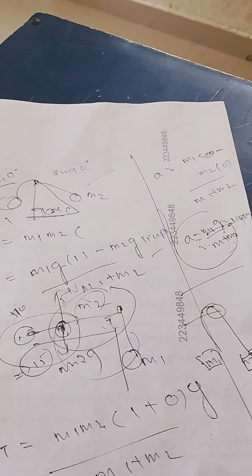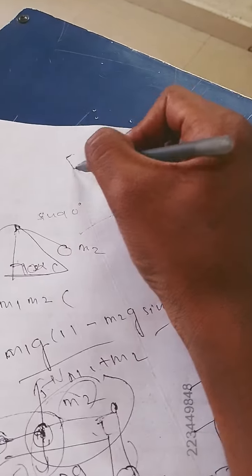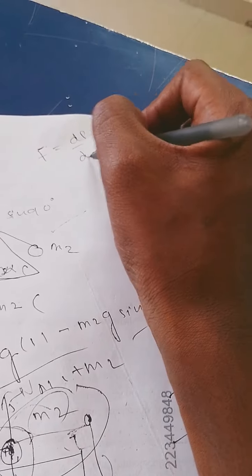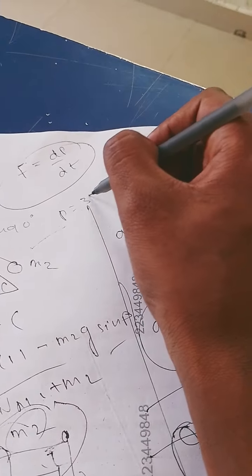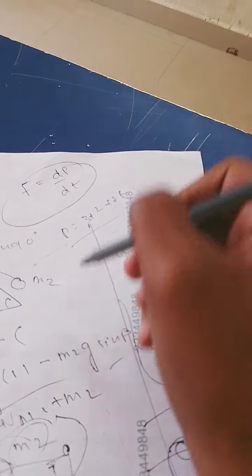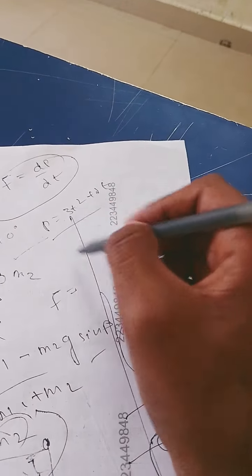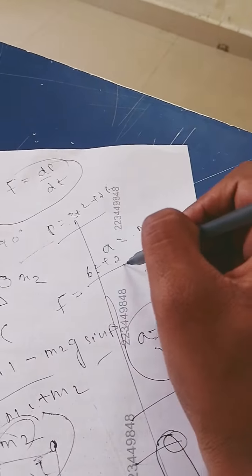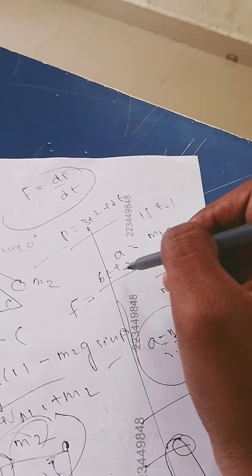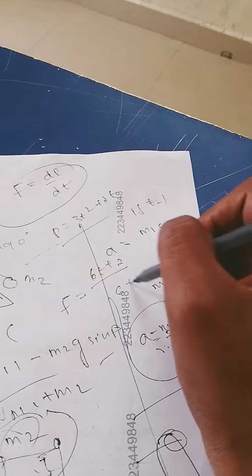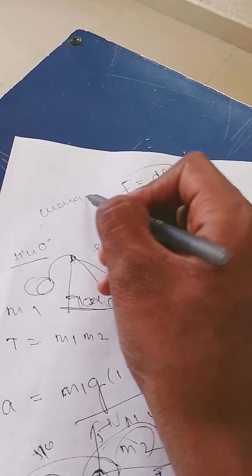It is all about the force concept. We know that force is equal to dp by dt, which means force is the differentiation of momentum. Sometimes they will give momentum is equal to 3t square plus 2t and ask us to find the force. Differentiation gives 6t plus 2. If they give the time t is equal to 1 second, we get 6 plus 2, so F is equal to 8 newtons. It is a change in momentum concept that you will practice with your